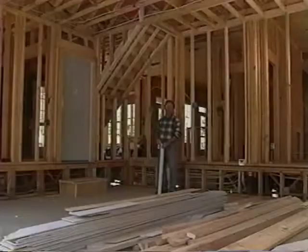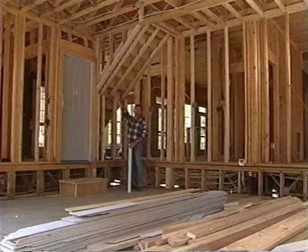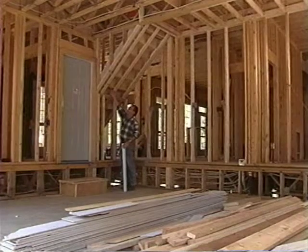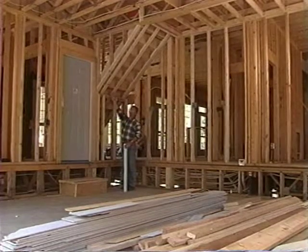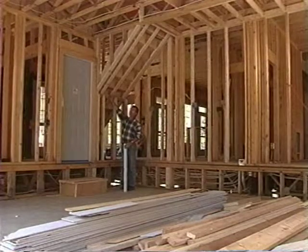Here we are in the garage, and we have a stairway on the exterior of the building. It seems almost obvious that there's very little room to be able to insulate the bottom side of this stairway. You, the framer, could make a major difference in the comfort of this house just through the framing details of